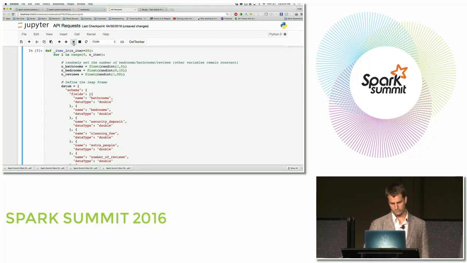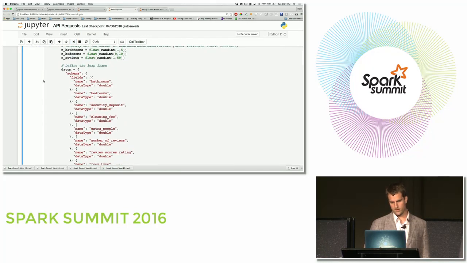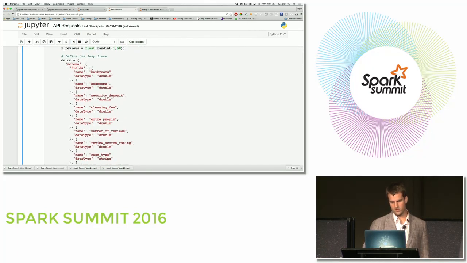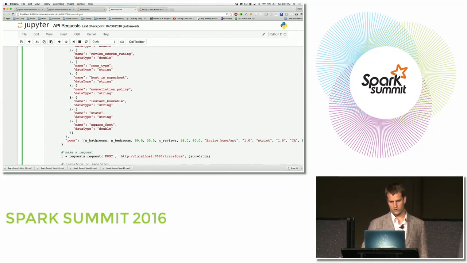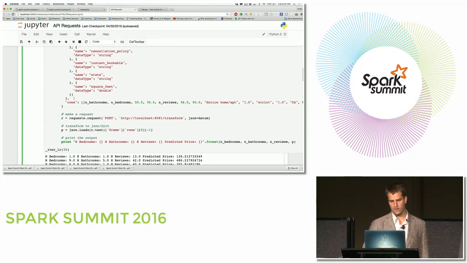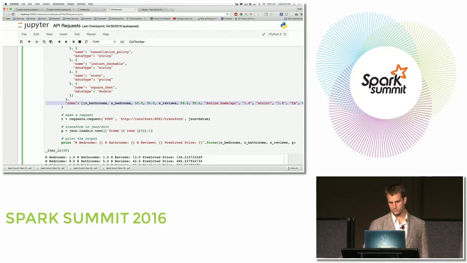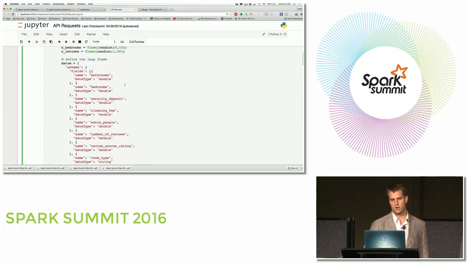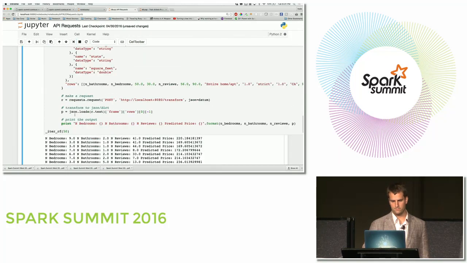You can see the data that we're sending in right here: a schema with all of the fields defined, as well as the rows that we want transformed by our MLeap model. And we're posting it to localhost 8081, which is our linear regression model. So if we run that,